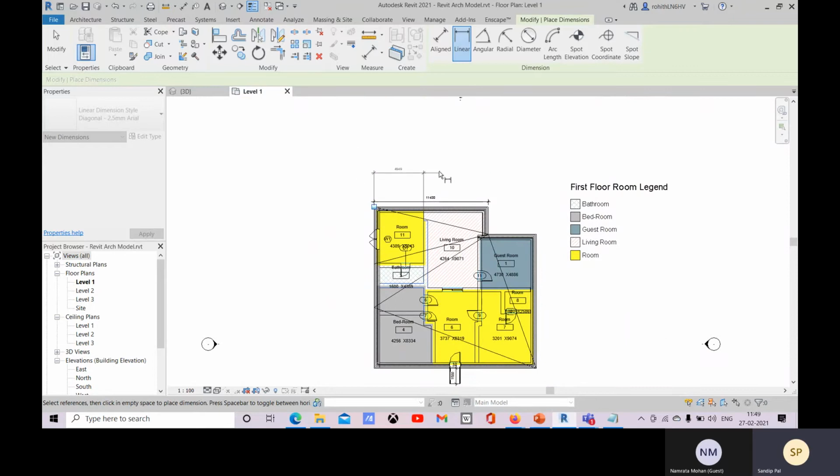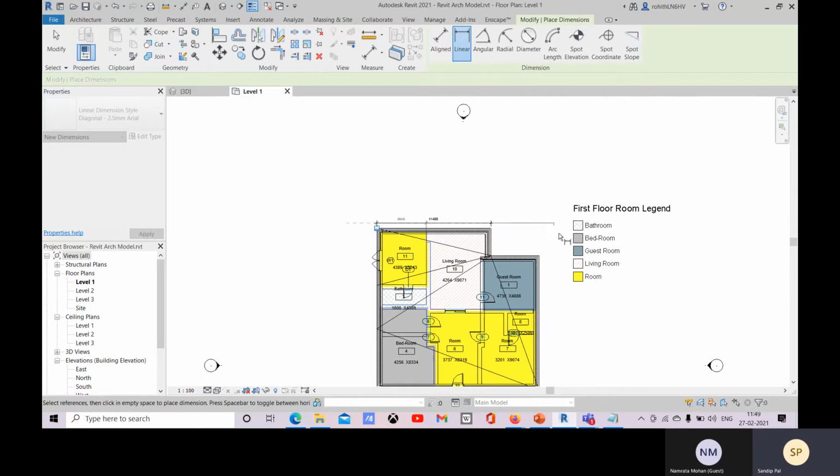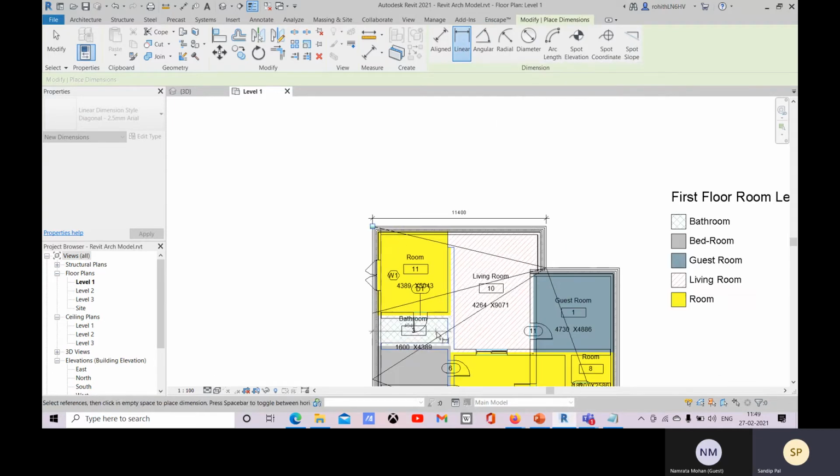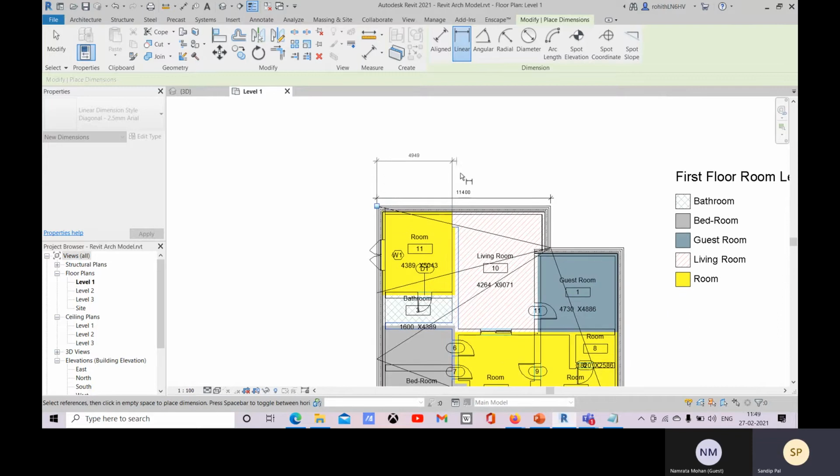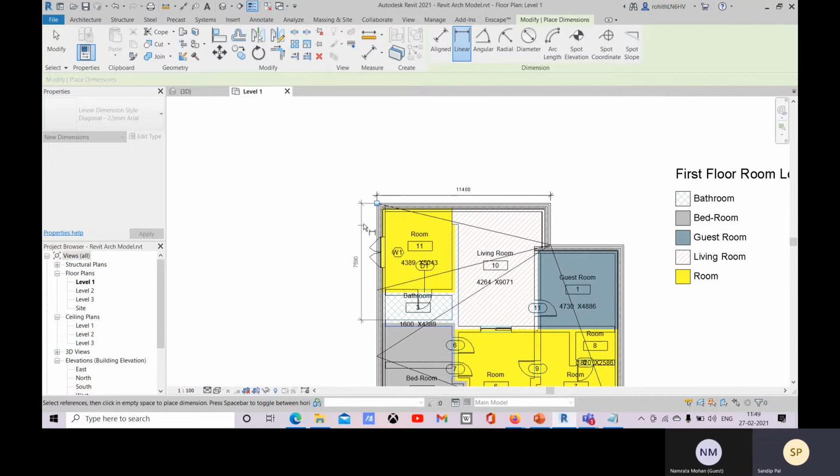It will be placed only in the linear direction. This is restricted, because from this point to this point, align dimensions can be calculated, but that's not possible with linear, so it will calculate only the horizontal and vertical.